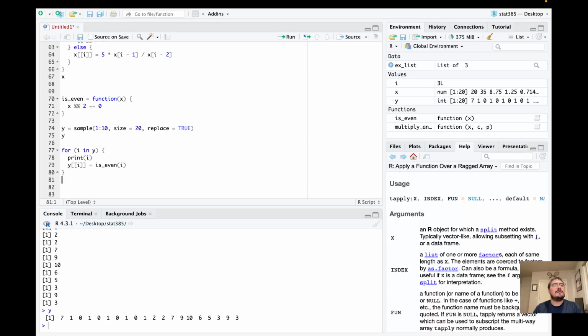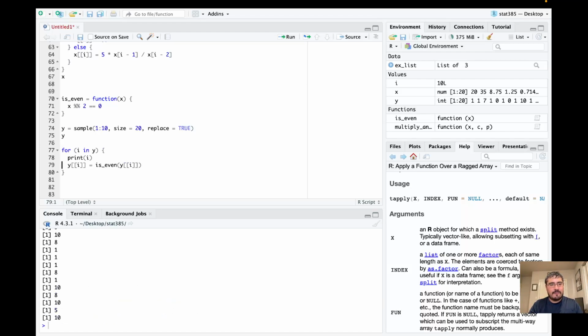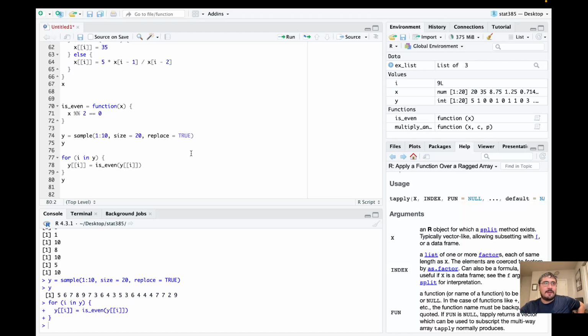All right, so what we actually want to do is something like this. And I contend that this probably won't work either. I don't need the print statement. We're going to get a new vector. Okay, so what happens here? So again, I'm taking a